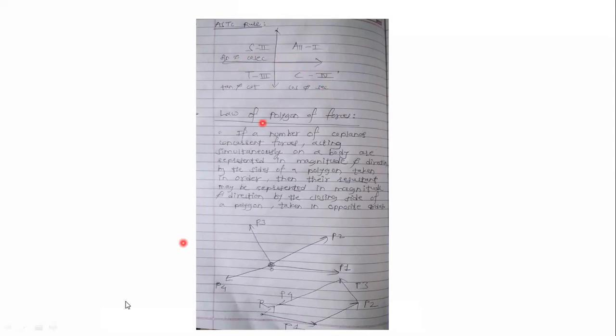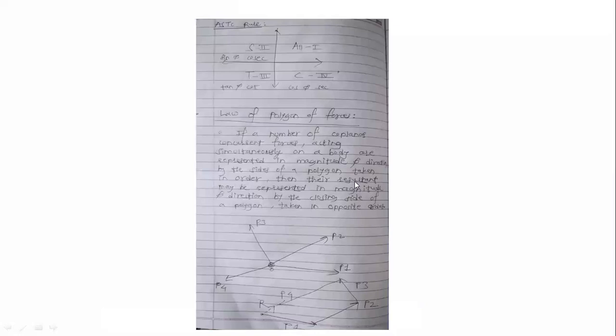Now, why have we written it here? Because it has been used in the previous derivation. In this derivation, we have used this ASTC rule. Okay, 180 minus theta will lie in the second quadrant. Okay, here 180 minus theta. Sine of 180 minus theta will lie in the second quadrant. Okay, sine of theta minus alpha will lie in the first quadrant. Here we have used this rule, and you can see it here in the derivation.